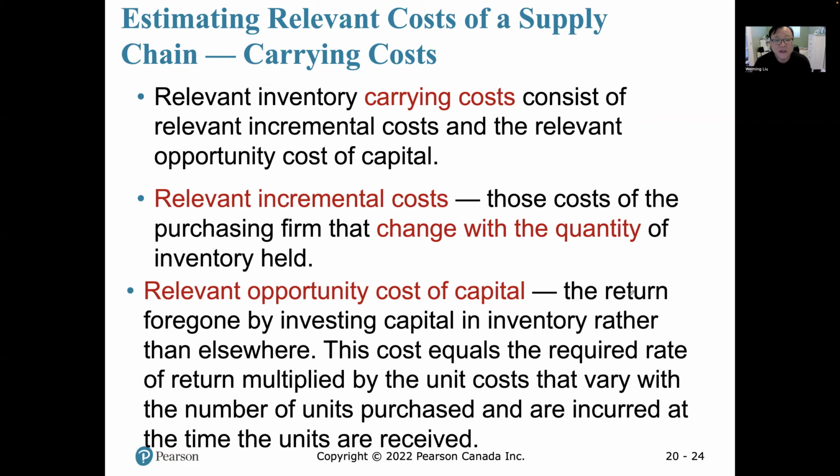So relevant inventory carrying cost consists of relevant incremental cost and the relevant opportunity cost of capital. So basically, when you think about the carrying cost, there are two aspects, right? First of all, to carry additional units, each unit will cost more money, right? Second of all, if I don't use the money here, I use it somewhere else, how does that money help me, right? So there is the opportunity cost, right? So opportunity cost can be very significant. So sometimes you think about